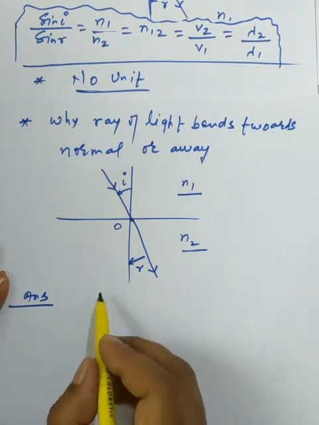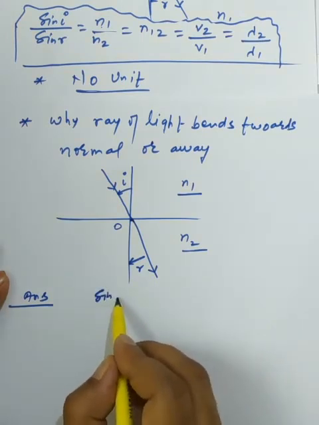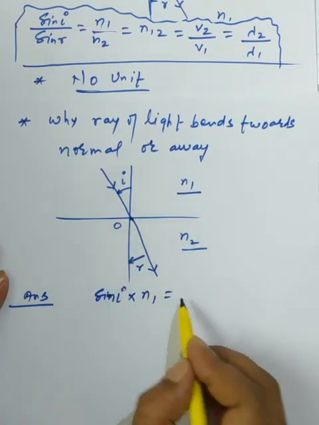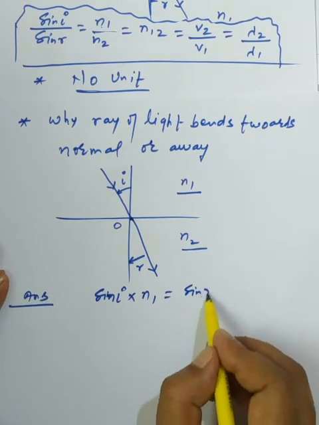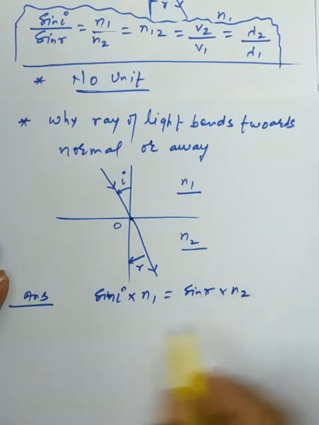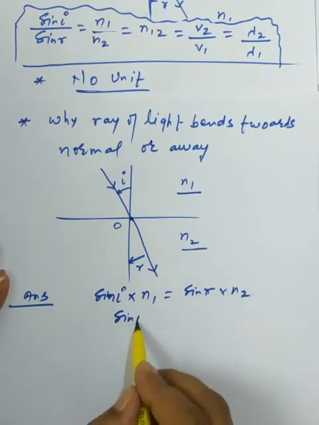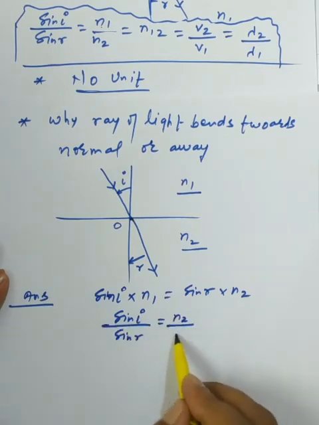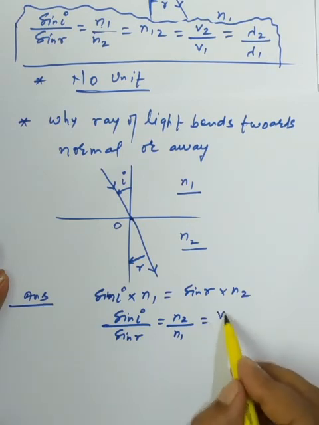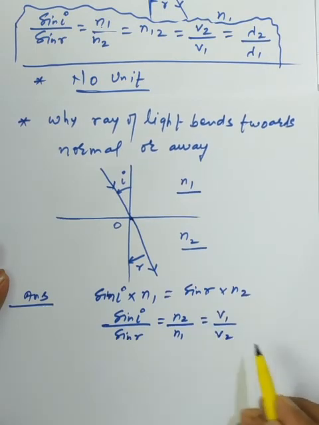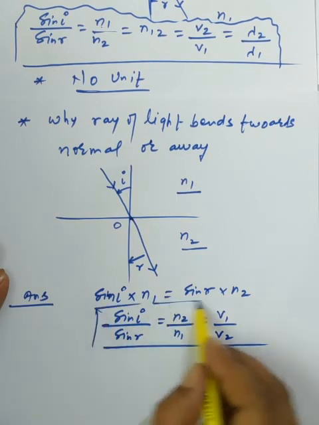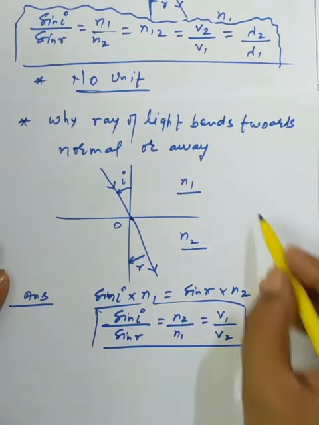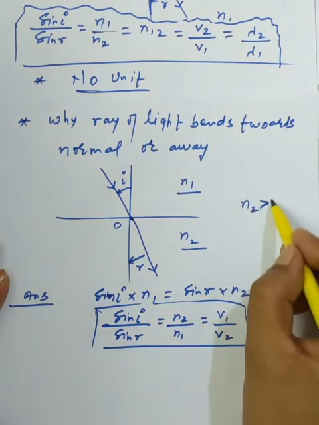resolve the problems. Okay, so we write that in the concerned medium we have the sine of angle i. Okay, you get sine i, and in the medium the refractive index is n1. Now sine r in the next medium, that is n2, is the second medium refractive index. So we write that sine i upon sine r is equal to n2 upon n1, and we will also know the velocity of light, that is v1 to v2. So from where you are coming, you can build that understanding. Now suppose we are assuming that n2 is greater than n1.